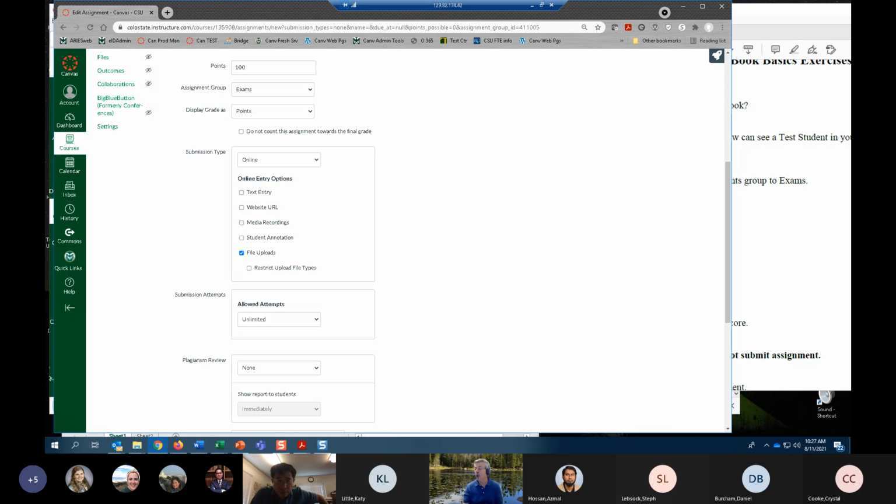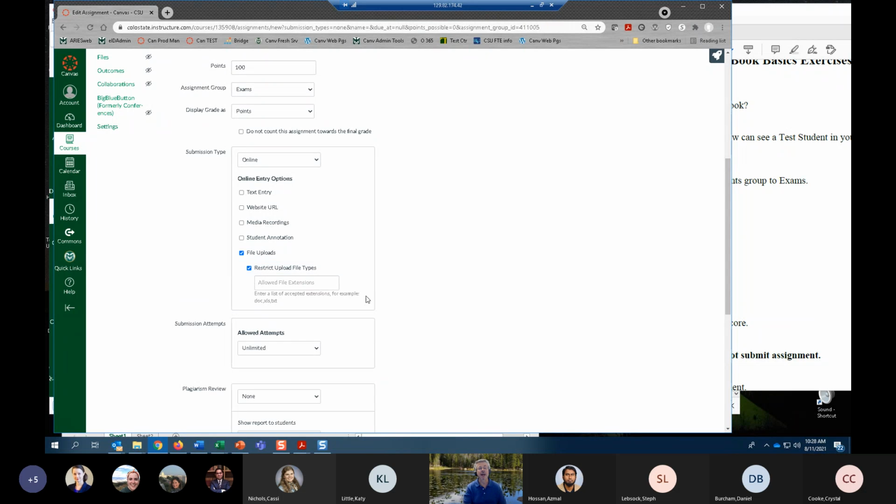I would not be able to open that, because students wouldn't have the software to open that proprietary document creation product that appears on a Mac computer. So what I might do here is restrict the file types that I'm going to accept. In this case, the two common ones, as you can see that I've used before, are docx, which is a Microsoft Word document, or a PDF file, which is a